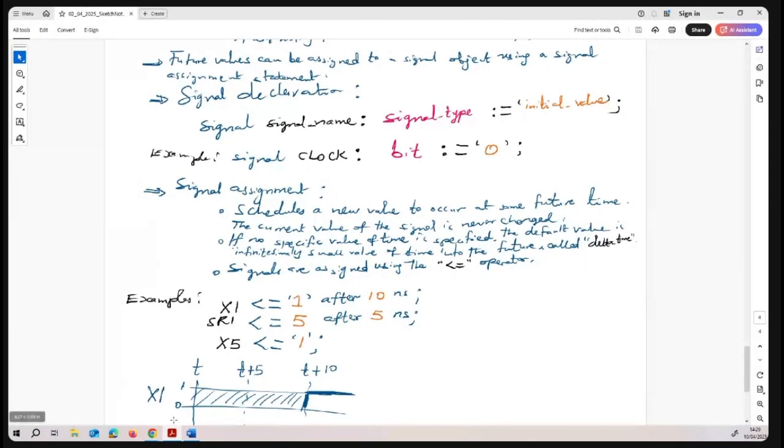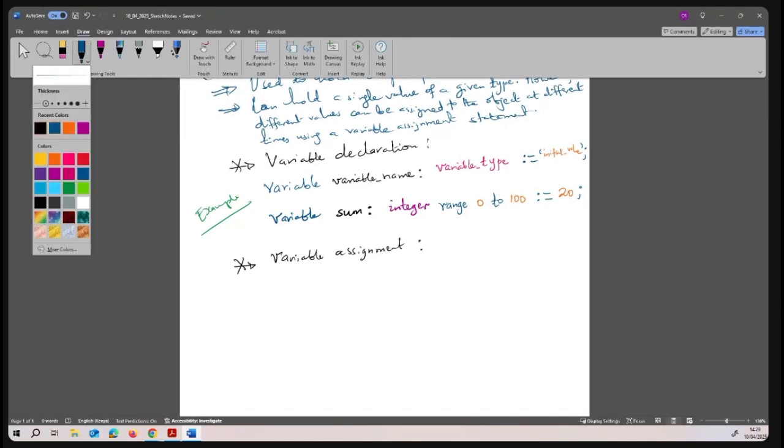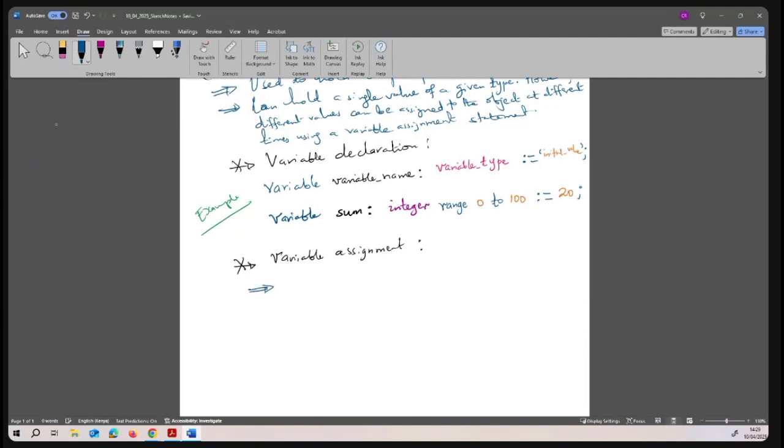So in the variable, which operator do we use? In this case, before we give the operator, we can make a note that in variable